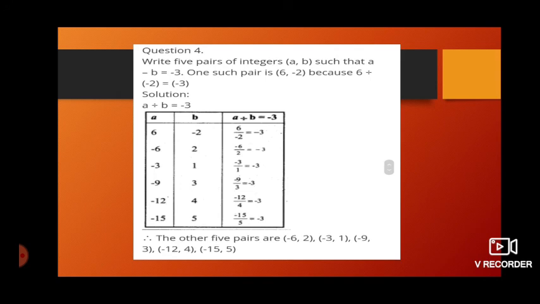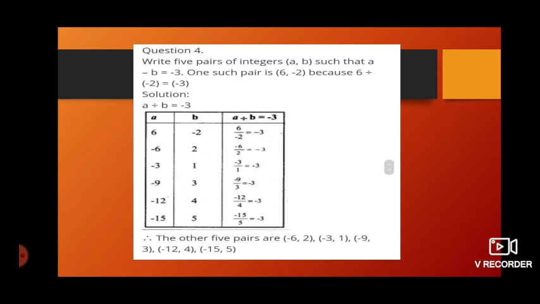In the same way, next. 3 divided by 1, we will get 3. But we want -3. So add minus for any one of the integers. Now I am adding it for 3, giving -3. Same way, 9 divided by 3, we will get 3. But we want -3, so again add a negative for any of the integers. Now I am adding minus for 9. So -9 by 3, we will get -3.